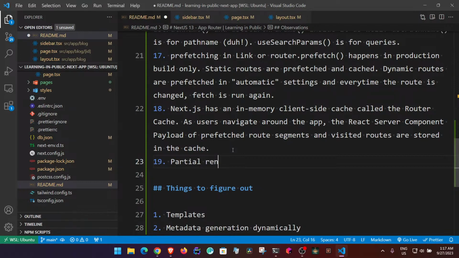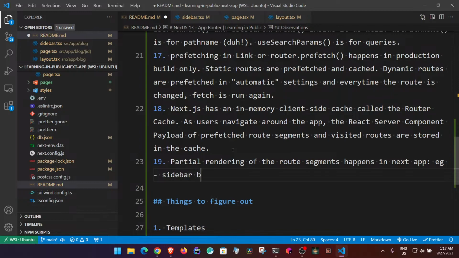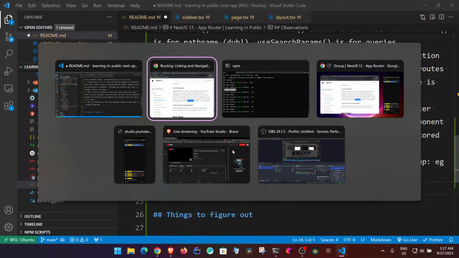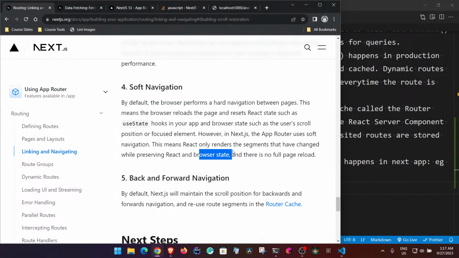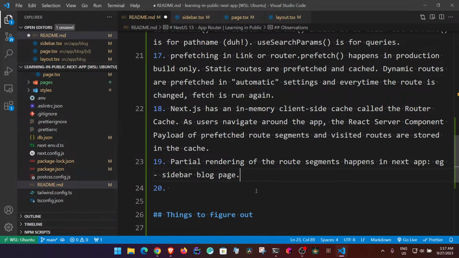First and foremost, partial rendering of the route segments happens in Next app. Example: sidebar, block page, right? We can have that. Then there's a soft navigation thing. Also, it's basically regardless of client or server component,